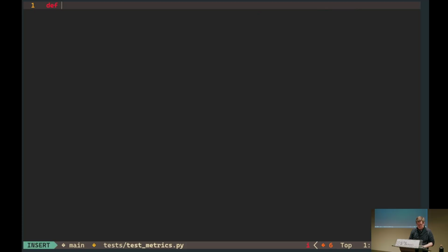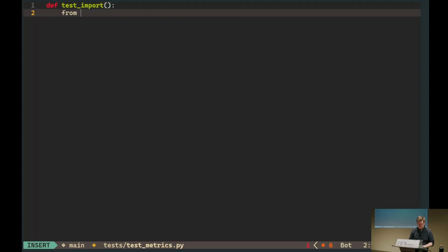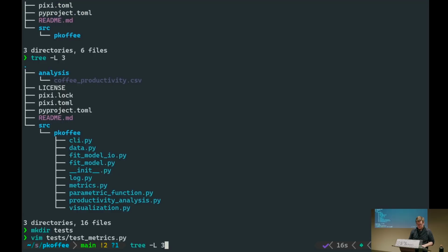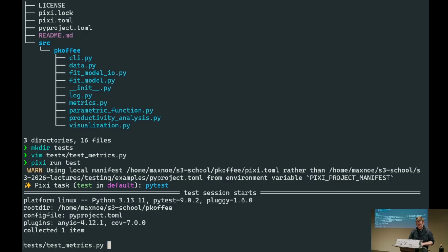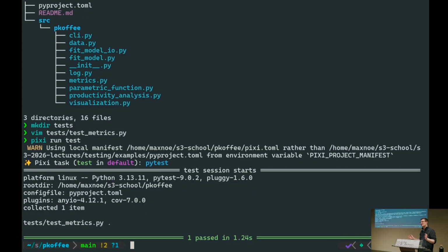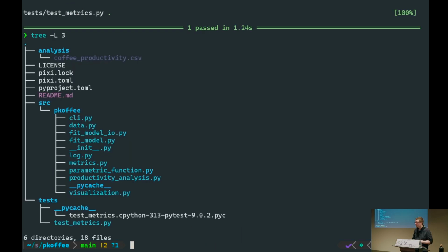And maybe we just, for now, test that it imports. And we have our first test. And that is the one structure that many people use. So you have your source Python module, and you have your tests next